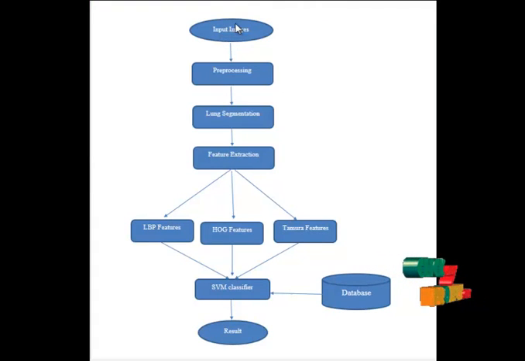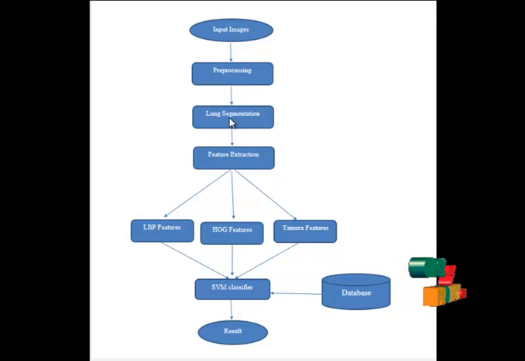This is the flow of the process. Here we give the input image. It will be the CT chest lung images. It will go to the pre-processing stage. In pre-processing, we are applying a Gaussian filter to our input image. Gaussian filter is often used to remove the noise from the image. Here we use the VNR function on our input image. After removing the noise, it will go to lung segmentation.